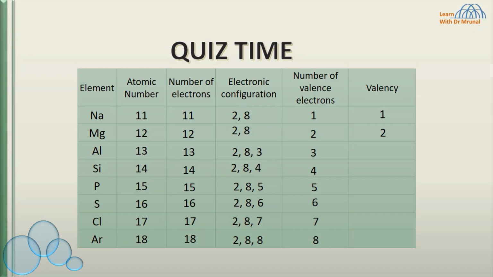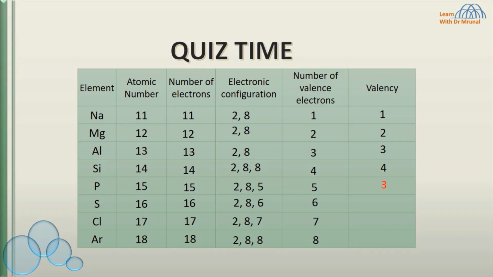Now tell me what is the valency of aluminium? 3, correct. Its valency is 3. But what is the reason? It can lose 3 electrons to complete its octet. Silicon, its valency is 4. Phosphorus, tell me what is the valency of phosphorus? It is having 5 valence electrons. Its valency is